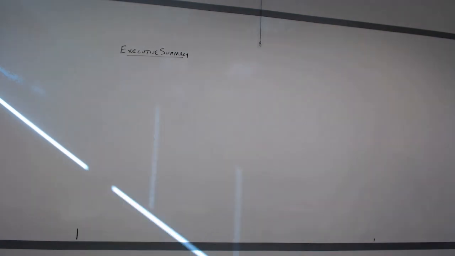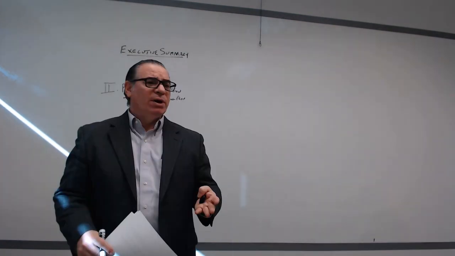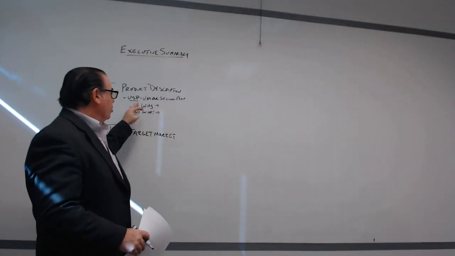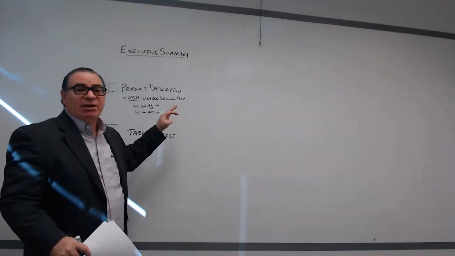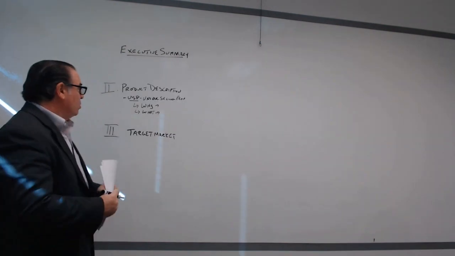Remember, we're not counting pages. So if you could do it in 1 page and you're happy with the way you're describing your product and you're really defining your unique selling proposition and you're explaining why your product exists, you should also say what problem you solve,